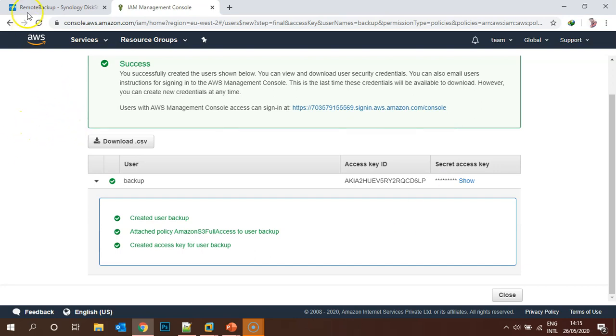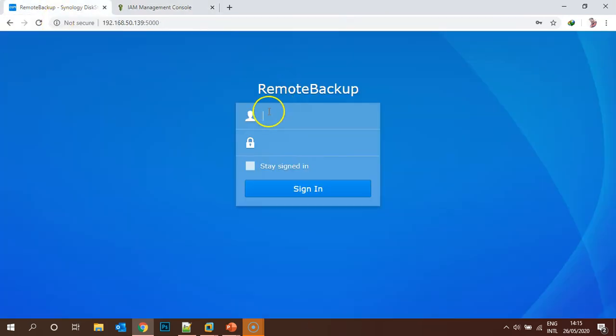Let's go to the Synology DSM and log in with the administrator account.